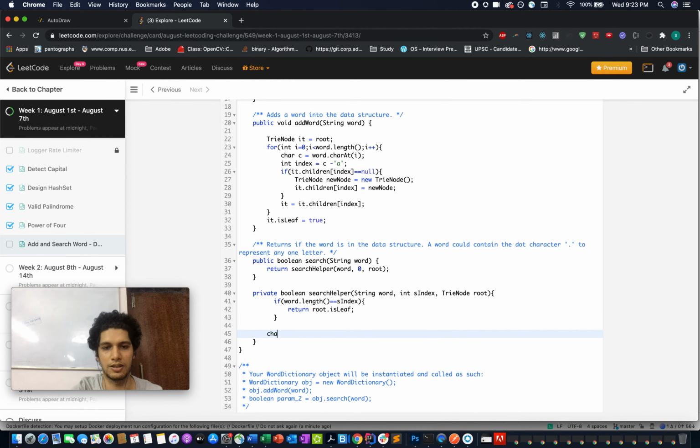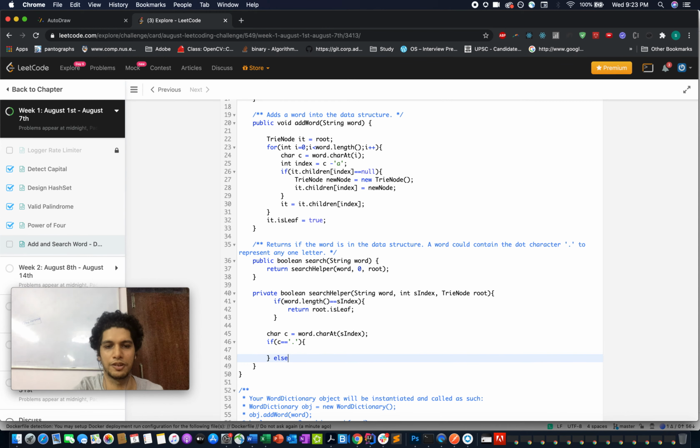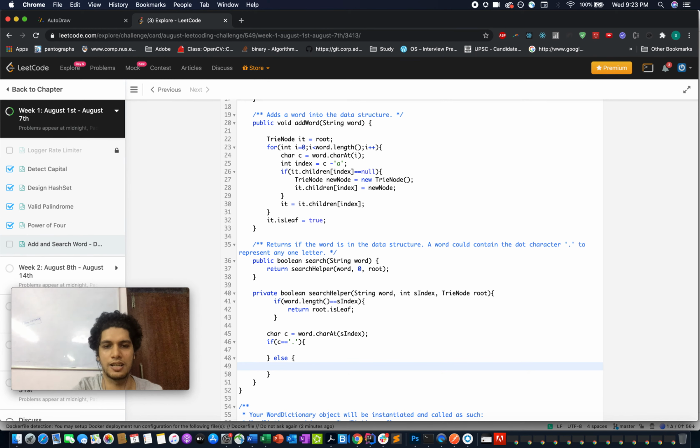Otherwise, we will check for the character at sIndex, word dot charAt sIndex. If it is equal to dot, let's skip it for now, and let's write the code for the other part first, and then we will extend this logic to fulfill this part. Let's search the index in the trie, c minus 'a'. This is the index address of the child trie.